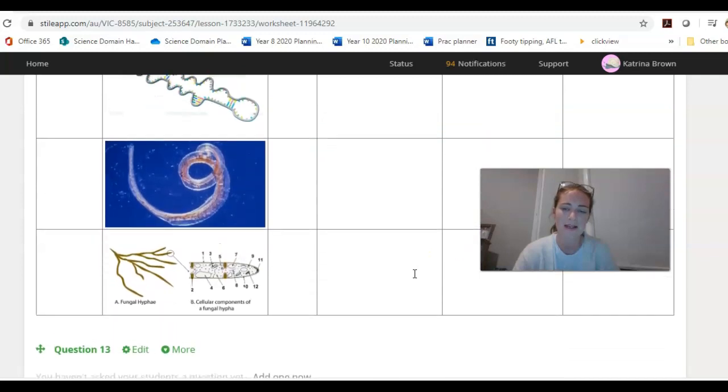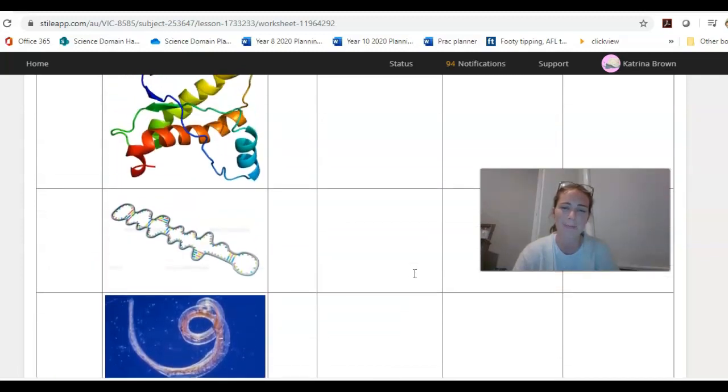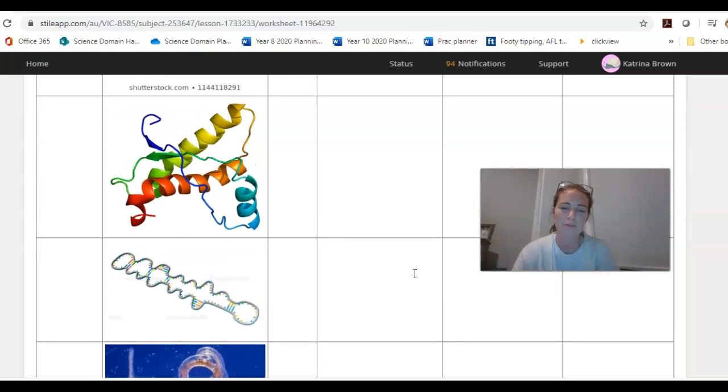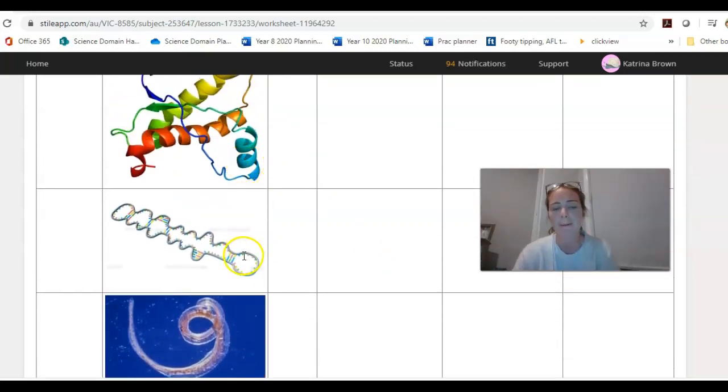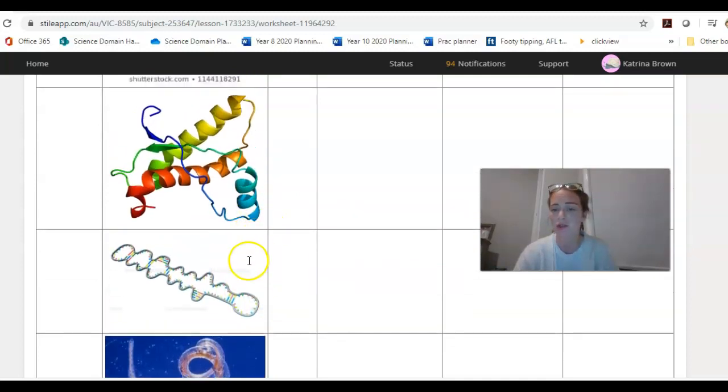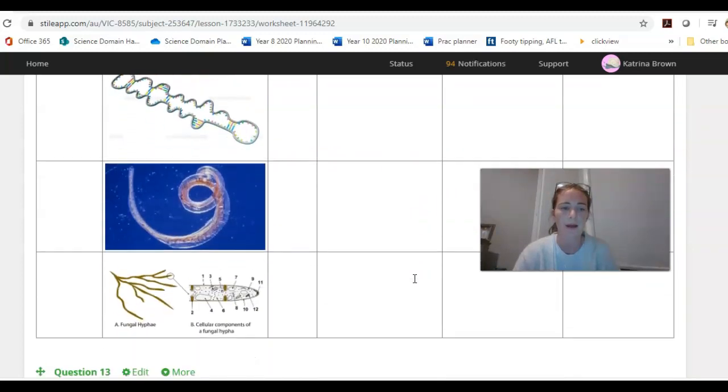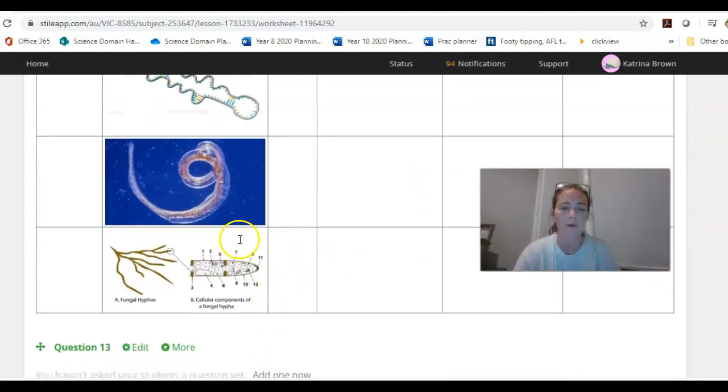What other details can I give you? For the remaining ones, especially for these two, it's really about being able to look at the diagram and recognize what it is based on its structure. That's probably the most important thing that you need for these. So short detail for the rest of it. For these ones,